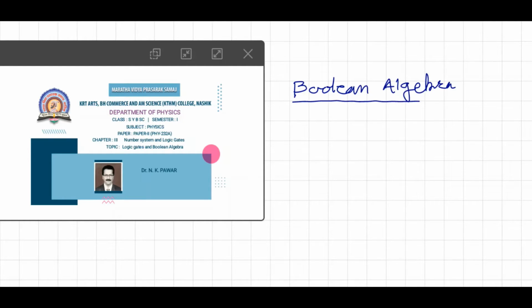Friends, we know it very well that as we saw there are different types of gates used in digital electronics, and using these gates the digital circuit can be built, and that circuit consists of number of gates, combinational circuits, etc. So now when we're talking about Boolean algebra, what is the need of Boolean algebra, that we are